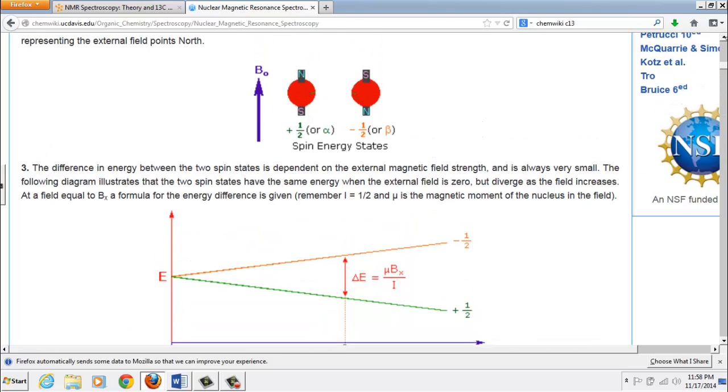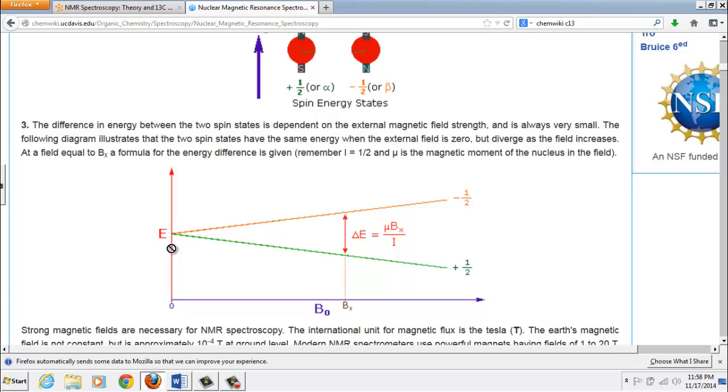And that's what this graph down here is illustrating, that the energy of the nuclei is proportional to the strength of the magnetic field. Meaning, as this magnetic field gets stronger, the energy difference between those two spin states gets wider. And what's interesting is that if you look at the lower energy spin state, and you zap that with some radio waves, if the radio waves have the exact amount of energy that bridges this gap, they can flip the spin. The radio waves will be absorbed, and the nucleus will flip its spin so the north pole is facing down. And then what can happen is the